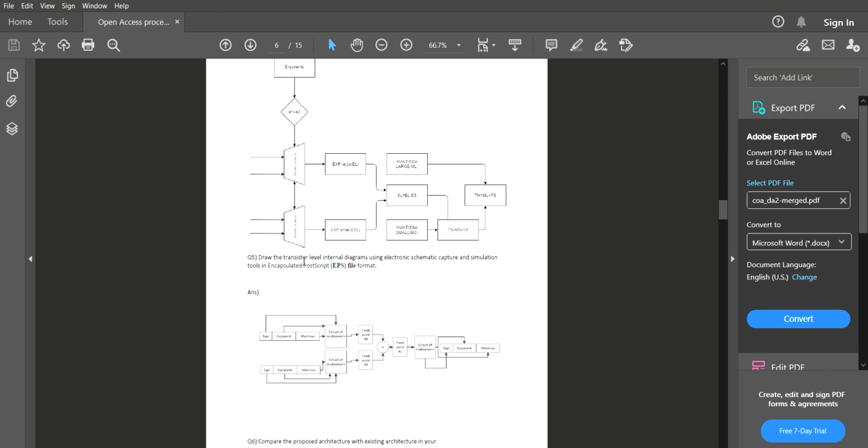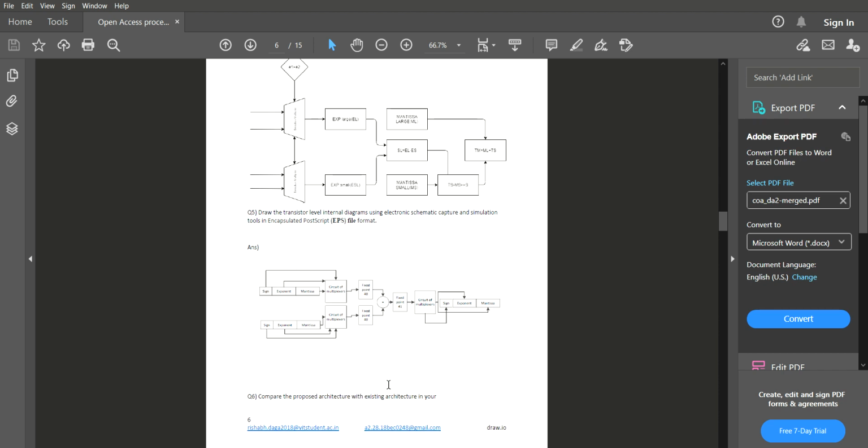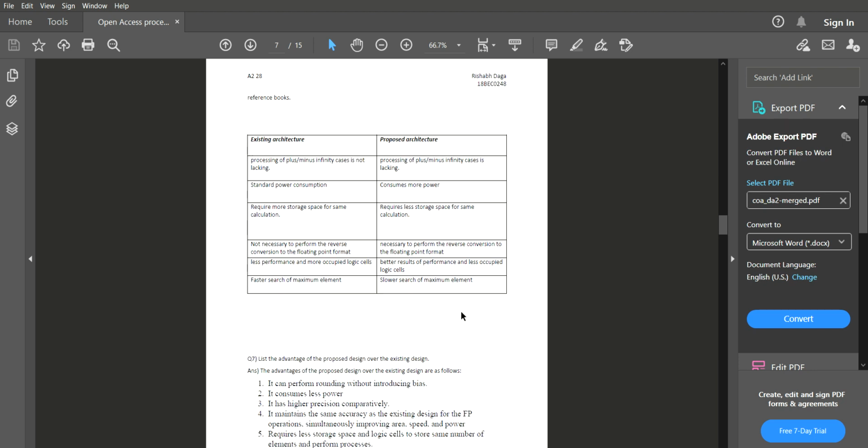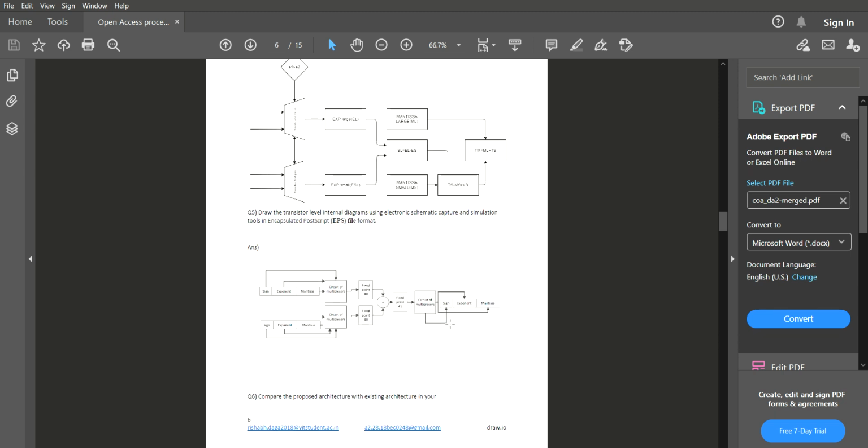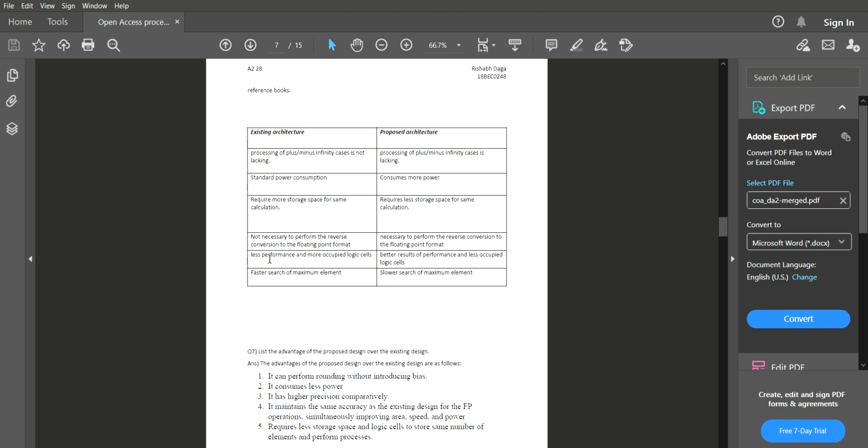Again, the transistor level internal diagram. This is from the journal paper itself for the electronic schematic capture. The simulation tools were something not available in my journal paper, so we'll move on to the next question. Now, I think sir asked me in class about the comparison questions with the proposed architecture and existing architecture, and I showed you this, and I think